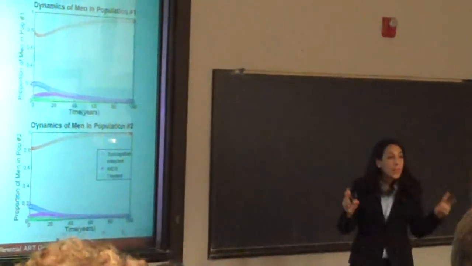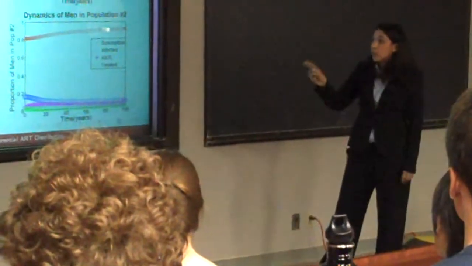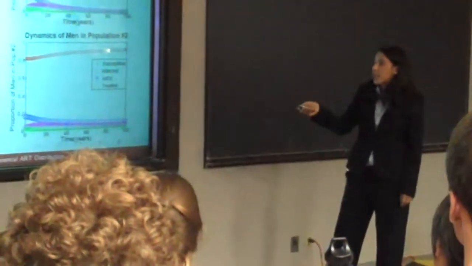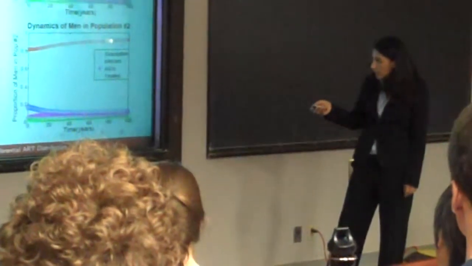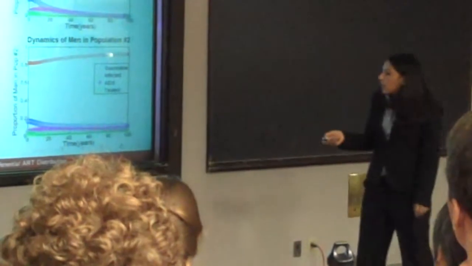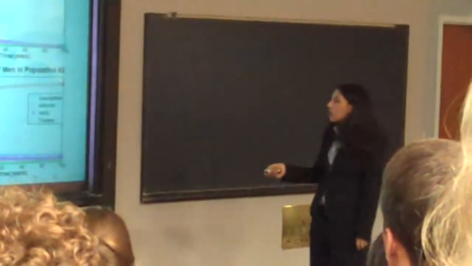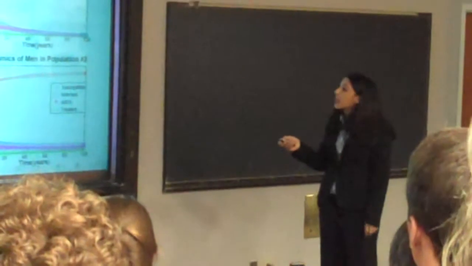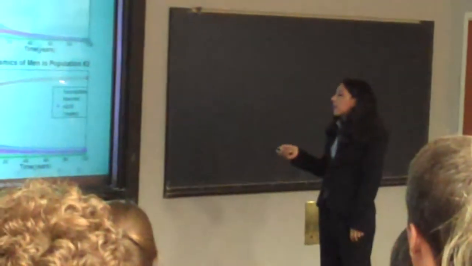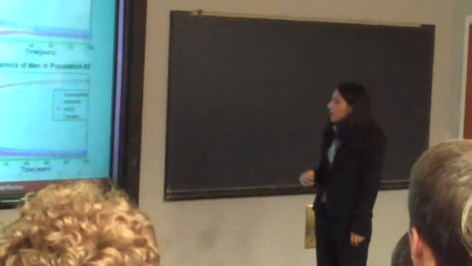But then when we look at combining urban and rural women and men, if we treat urban women only, so we're only treating in this upper left-hand quadrant, we see that we have a very big and drastic decrease in prevalence rates in almost all of the population except for the rural men. So treating urban women seems to have an effect on everyone but rural men. But when we treat rural